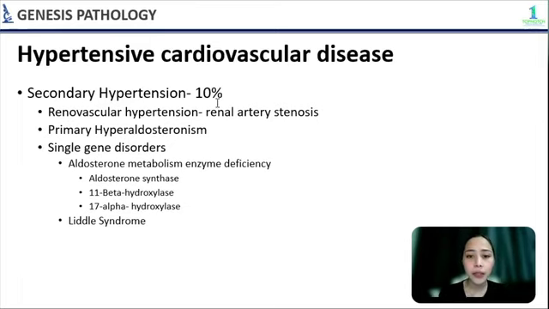In renovascular hypertension, such as in renal artery stenosis, because there is a block to the glomerular flow, this will induce renin secretion. So renin, in turn, acting via your RAAS, will cause an increase in blood volume, increase in vascular tone, causing increase in BP. Also, single gene disorders, especially of enzymes involved in aldosterone metabolism, will increase aldosterone levels. So this leads to the action of aldosterone, which is salt and water reabsorption. So this increases blood volume and increases BP.